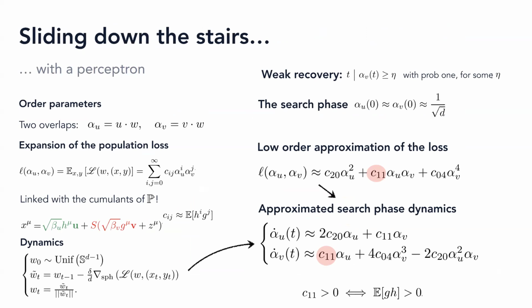To analyze this kind of model, you always have to start from your loss, which unfortunately I don't have the explicit formula for here, but we can maybe start from here. So this is our algorithm. This is gradient descent. We start from a random weight, and then at each step we update it, taking the earlier weight and adding the gradient of the loss at some points, and then we normalize so that we have norm one.